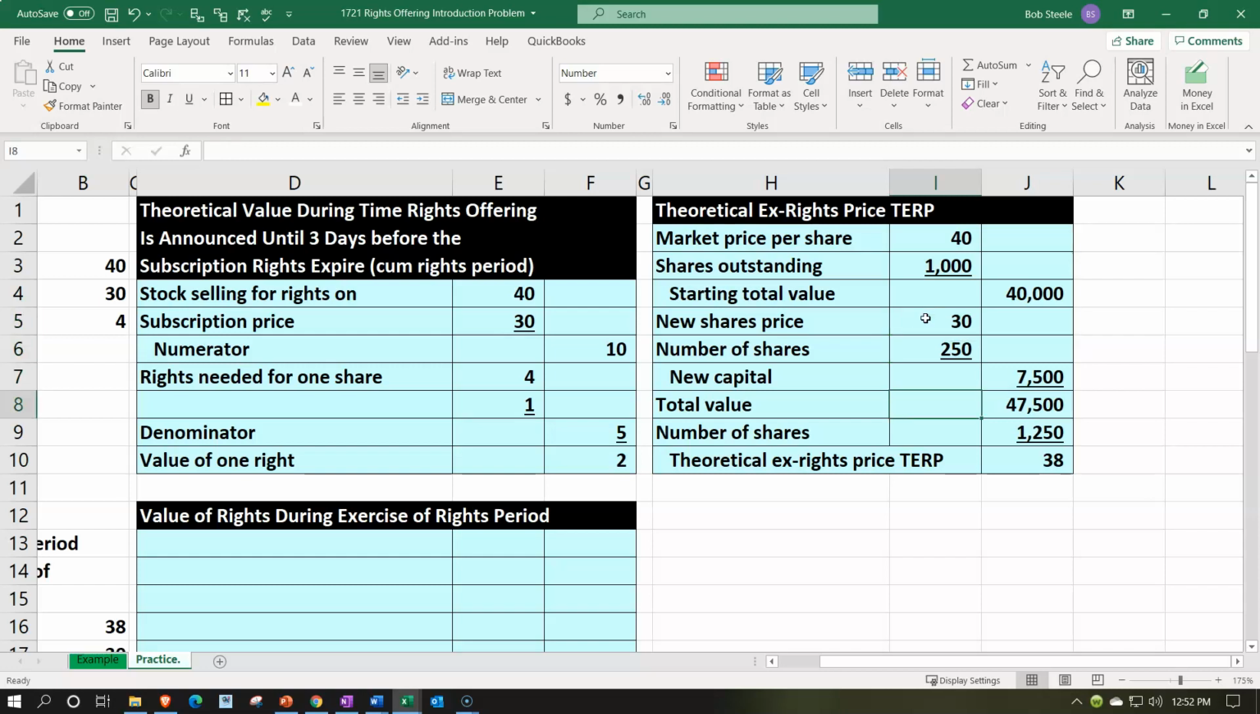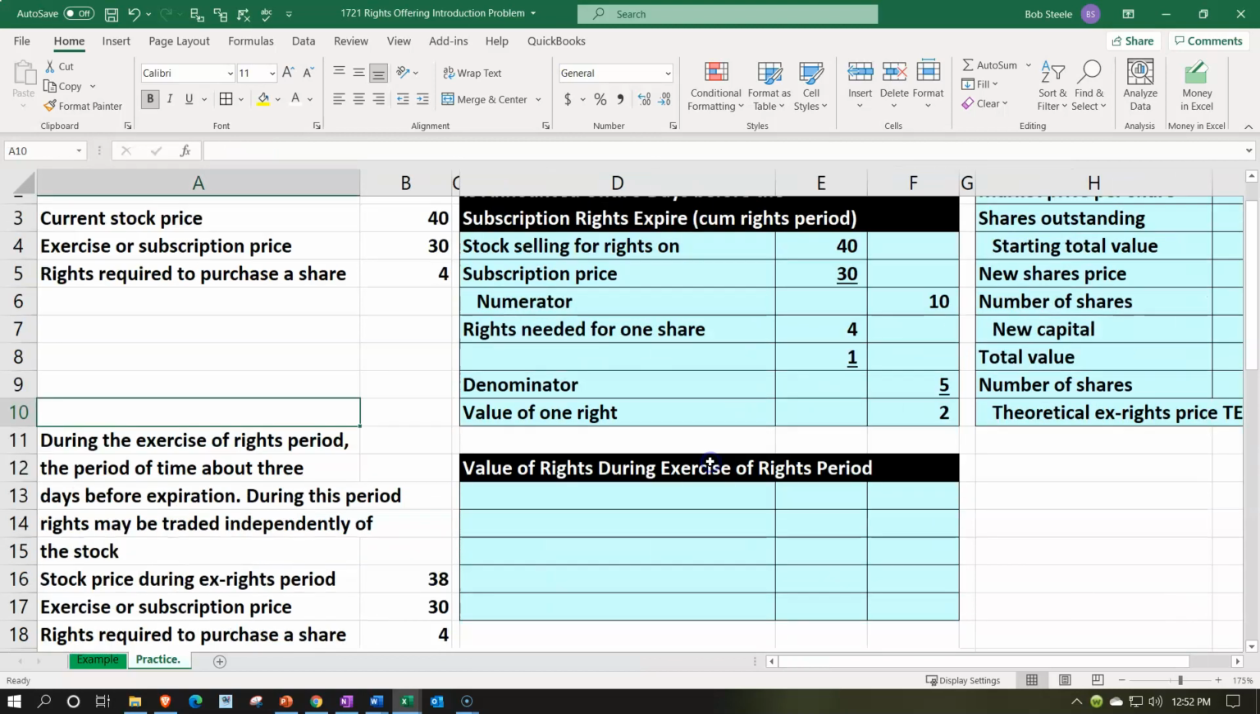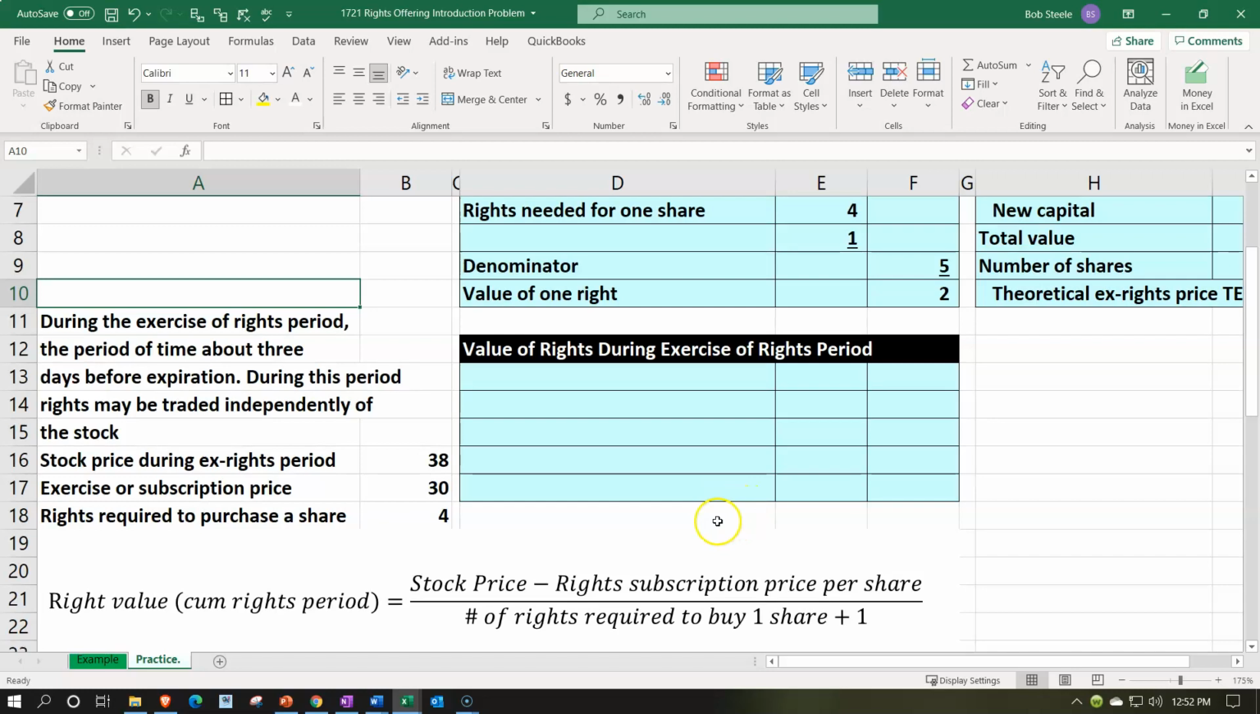So that resulted in what we expect the price per share to be after this time period, 38. So it was at 40, then it's going to be basically at the 38 after that. So now let's think about the exercise of the rights period, the period of time about